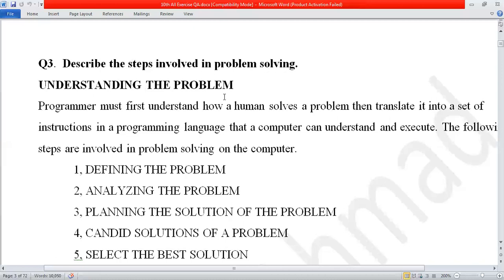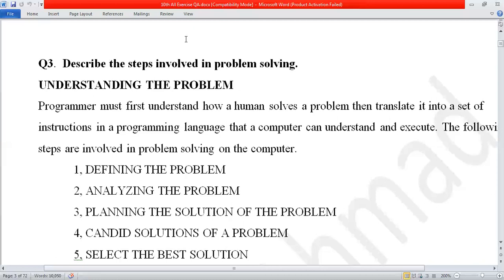The first step is understanding the problem. You must know what the problem is about. Let's say our school says to you, we want to computerize our examination system. Now, what to do? You must know about the current examination system, how it works, how it is performed. Let's say it is generating the DMC result card, and a result sheet also. So many things are performed. You must know how they are already working. The problem must be in your mind, what they are currently doing. Understanding the problem is our first step.